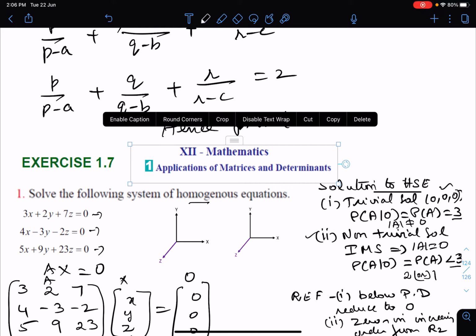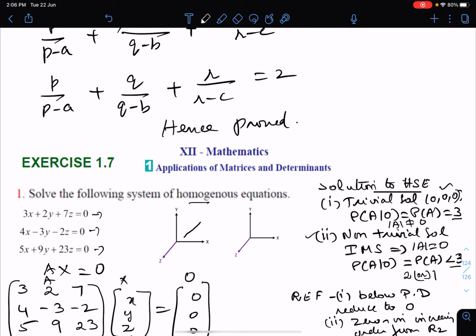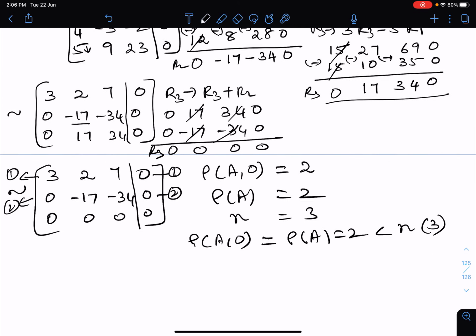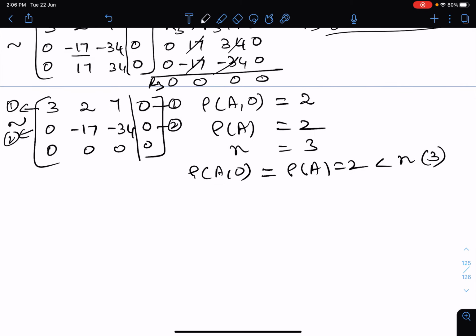The three equations are overlapping and passing through the origin. First equation plane, second plane, and the third plane, all are passing through the origin, but they are overlapping one above the other. So you will get infinitely many solutions. So we get a non-trivial solution, that is the infinitely many solutions. Okay. So for that you have to take an arbitrary constant for the last one.